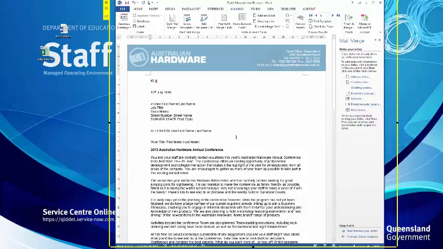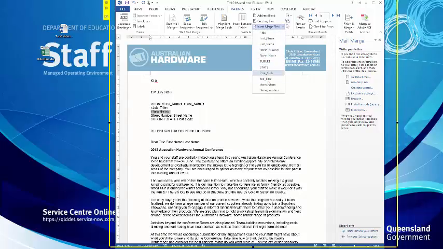Next, we get rid of first name, and I'm going to put in the first name field, a space, and then the last name field. If you don't put a space, then Word won't put a space in between, and these two fields will butt up against each other. There'll be no space in between them. You then do the same for the rest of your fields. Job title, store manager,